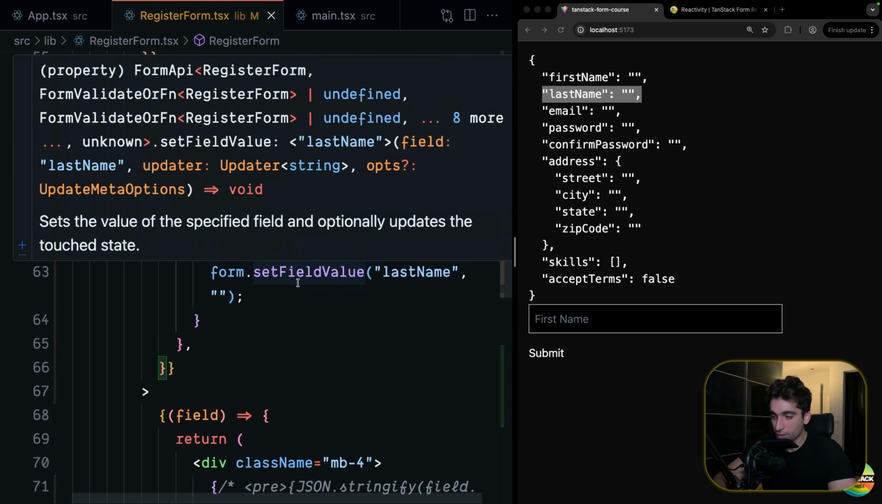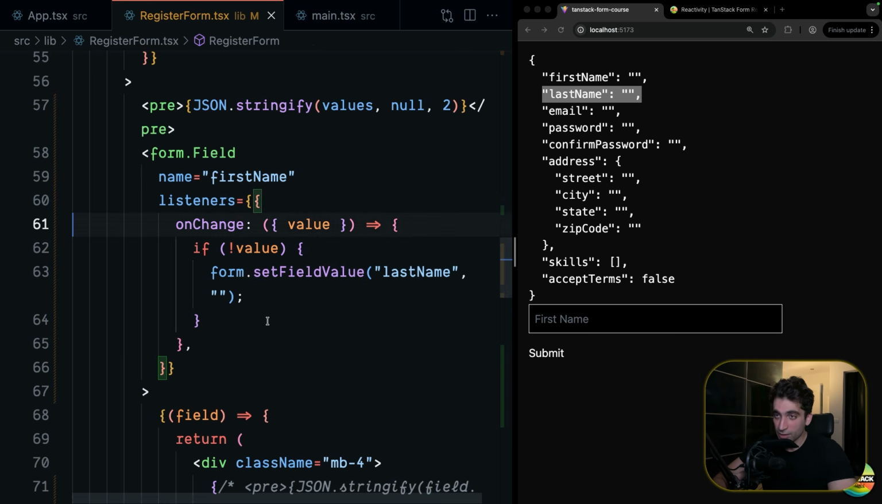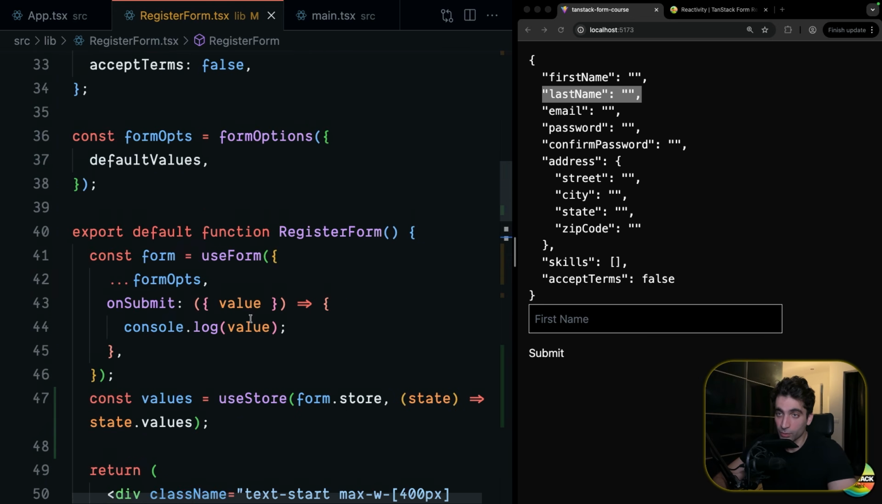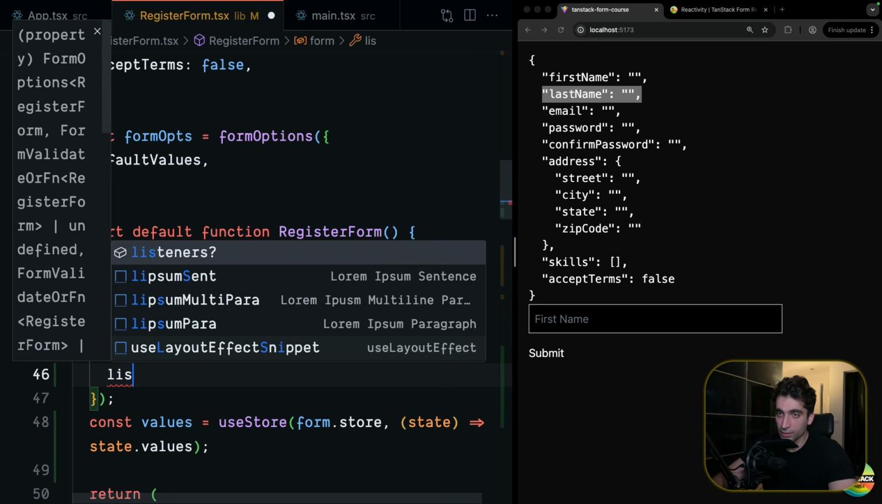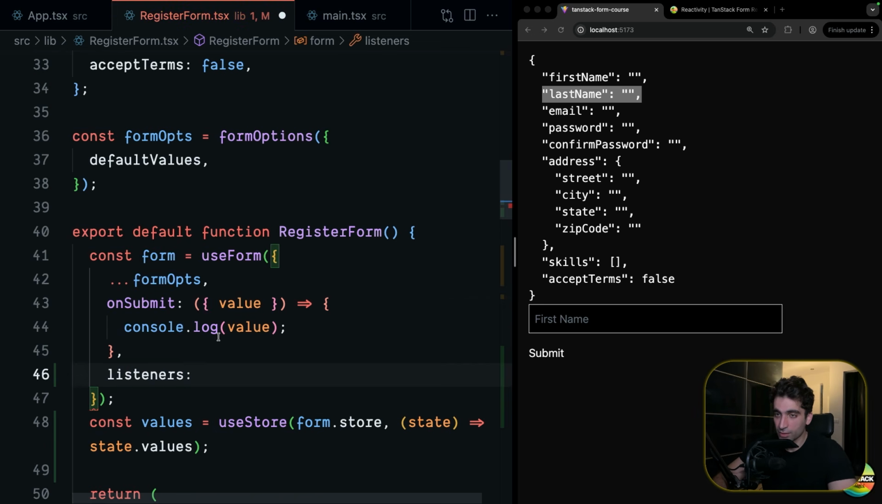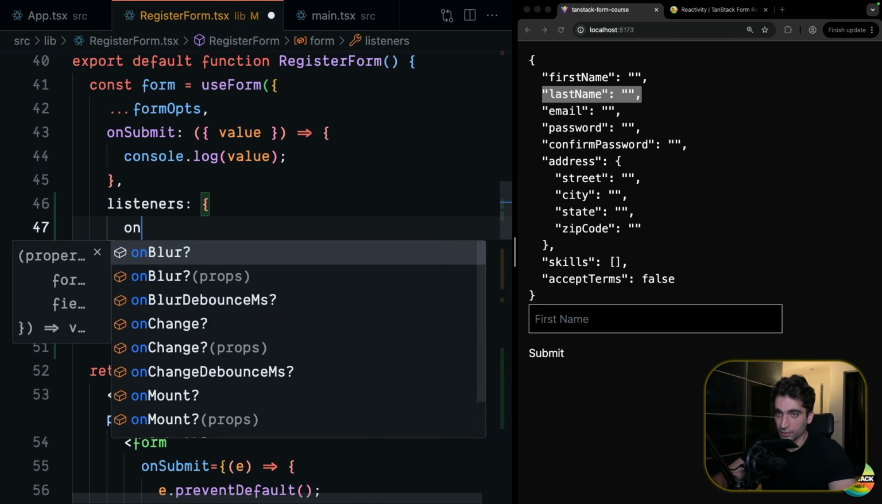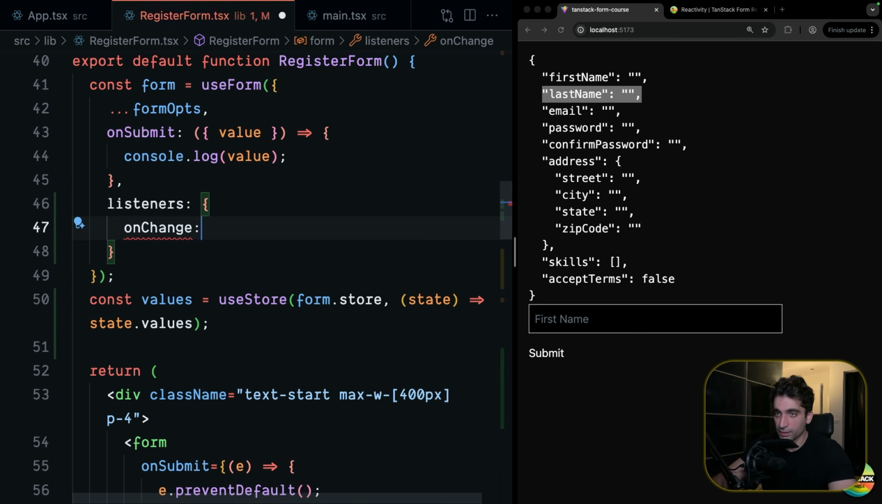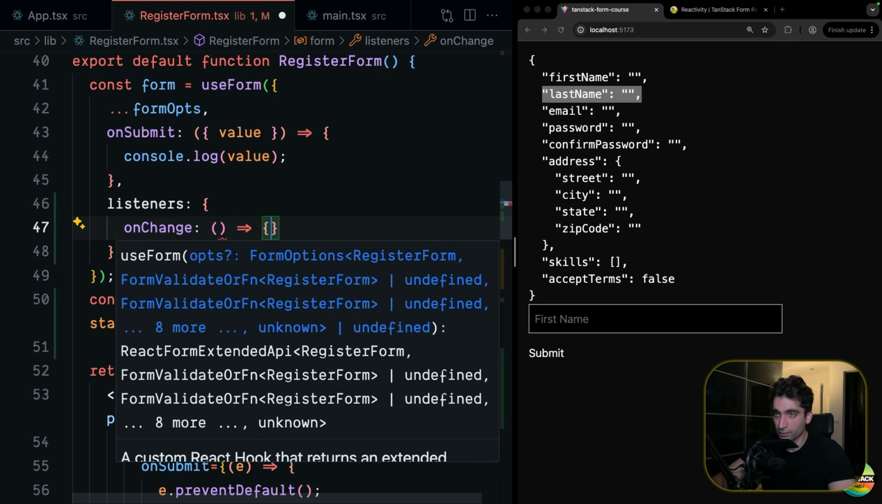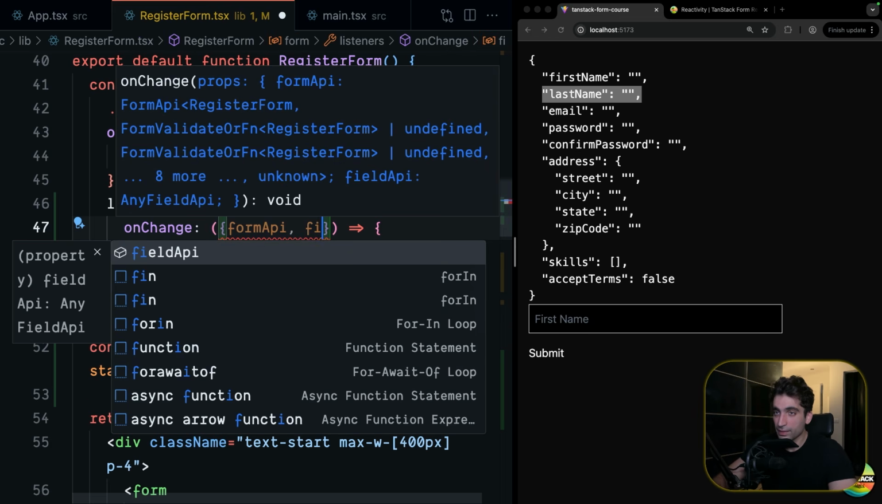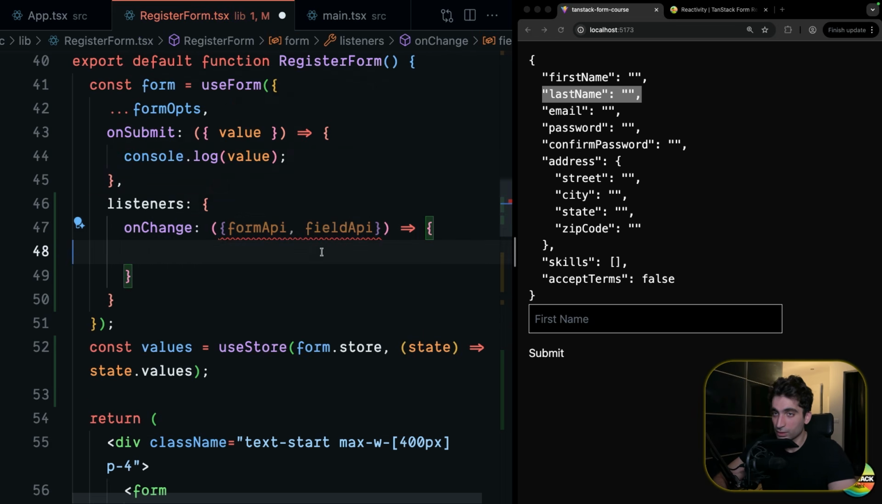One last thing I would like to mention regarding listeners is that in addition to having them at the field level, we can also have listeners on the form level as well. In our useForm hook, we can also have listeners. And in here, this is going to run whenever anything in our form changes. So we can pass onChange here as well, for example. In this function, we are going to have the form API. We're also going to have the field API of the field that was changed. So if we try to maybe console log these,